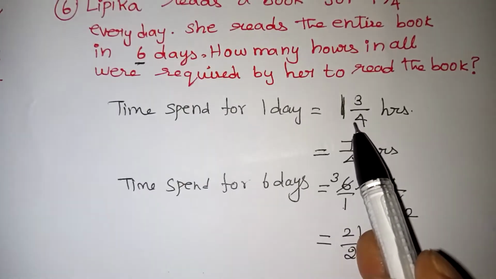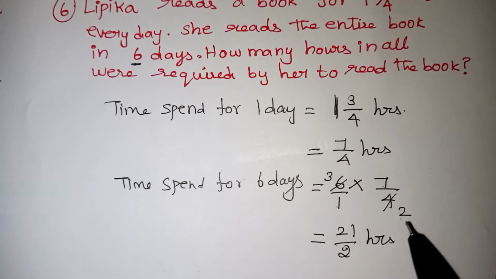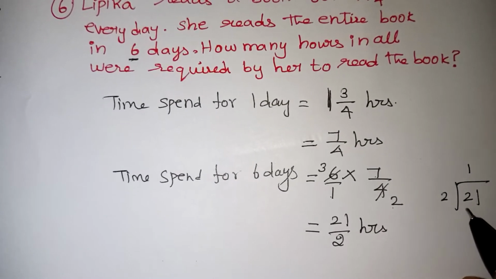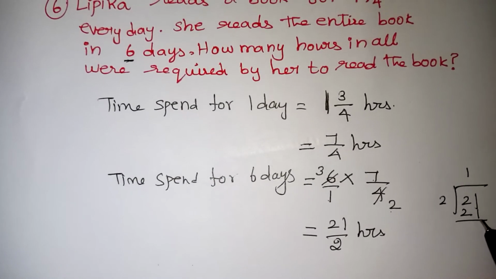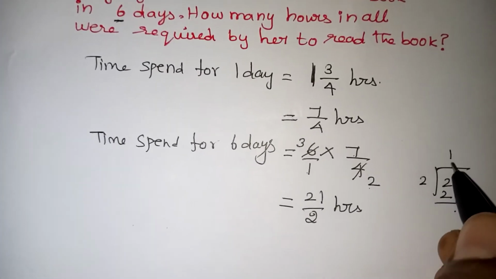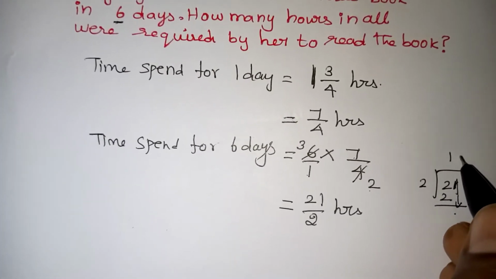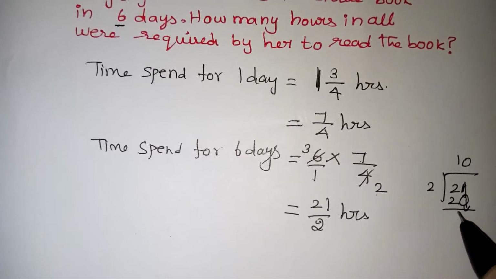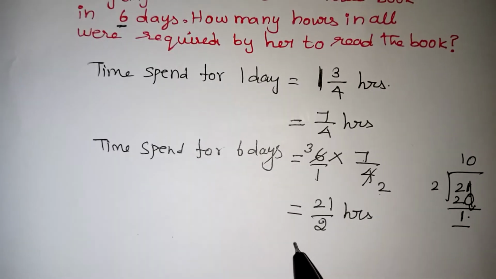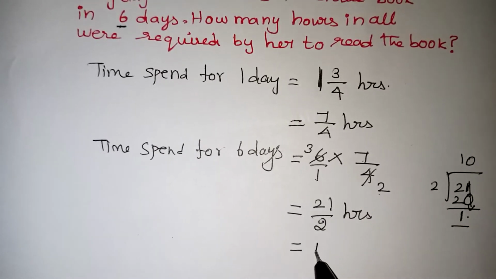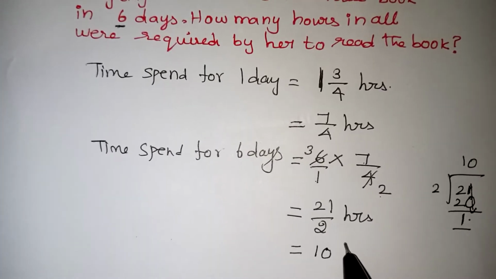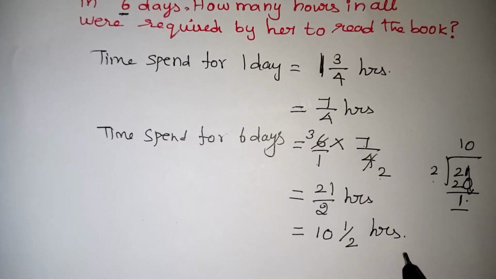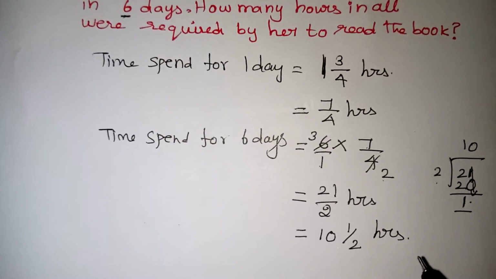Here our question is given in mixed fraction. We need to give the answer also in mixed fraction. So 21 by 2, let's make the mixed fraction now. 2 table. 1 2s are 2. So 21 we are dividing by 2. So 2 one time again we cannot take. So 2 10s are 20, we can write it. 21 minus 20 will give you 1. So to write the mixed fraction, first we need to write the quotient 10, remainder 1 and the divisor 2. So 10 1 by 2 hours she spent to complete the book. That is your correct answer. Let us go to the next problem now.